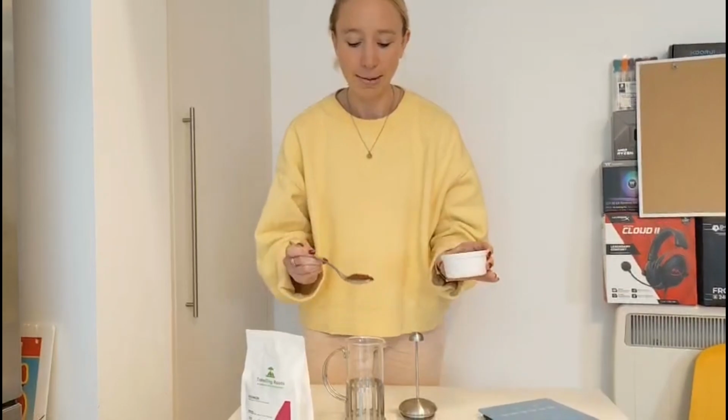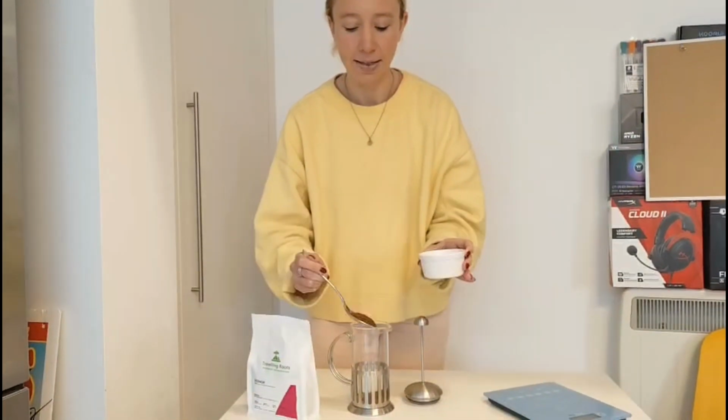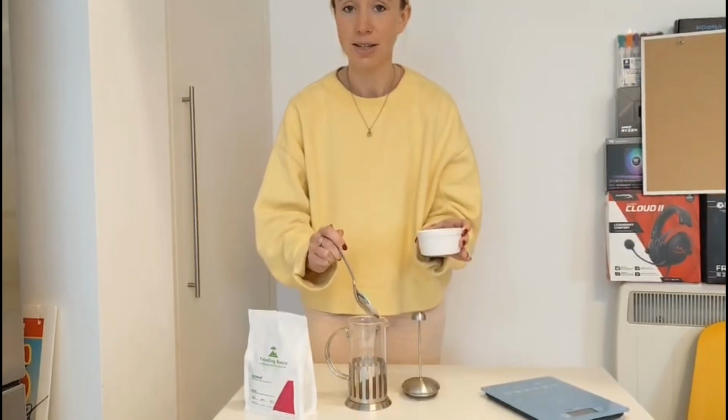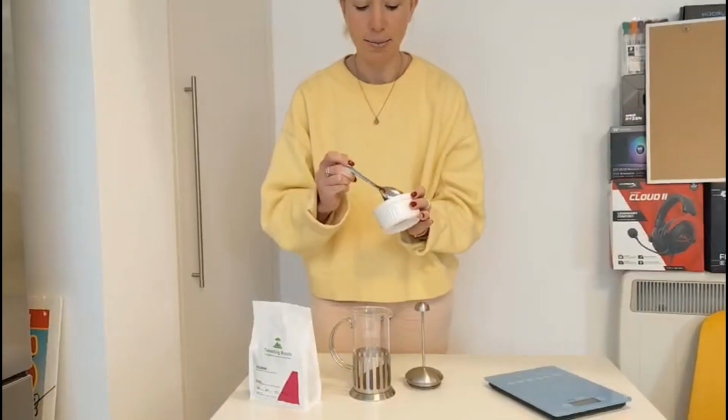And I thought I would show you in tablespoons how many that would be. Now, it is about 4 heaped tablespoons. I'm just going to add that into the cafetiere. Obviously, depending on how strong or how weak you want this, you could change the ratio. But we usually do about 20 grams per